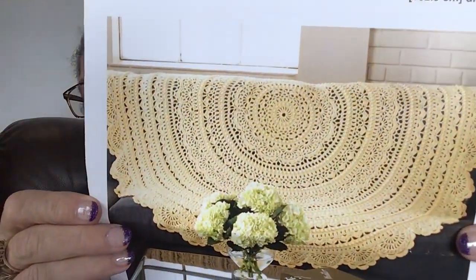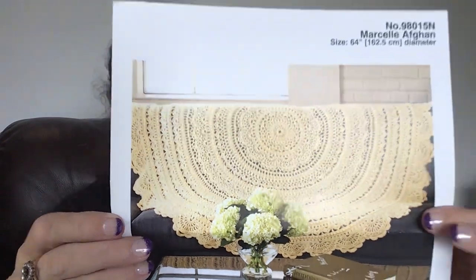Teal, teal, teal, pattern, pattern, pattern. So, I don't know why. Oh, it says it's on back order. Okay, so I need to make sure about this because I got the Marcel afghan. Look at how beautiful that is. But it says it's on back order